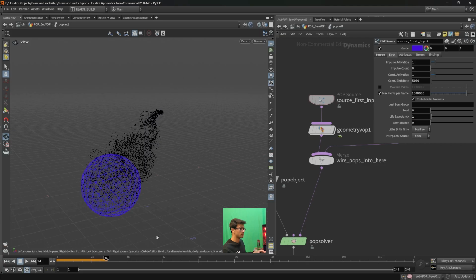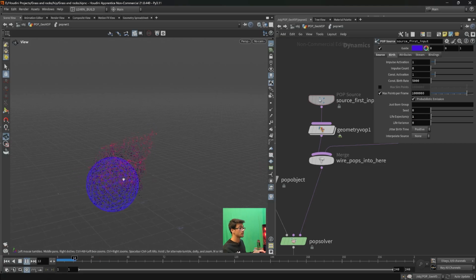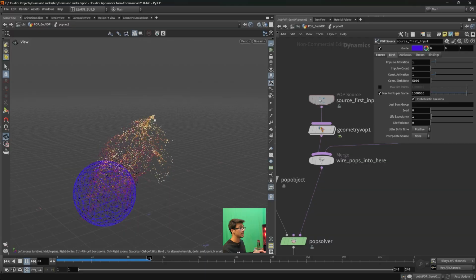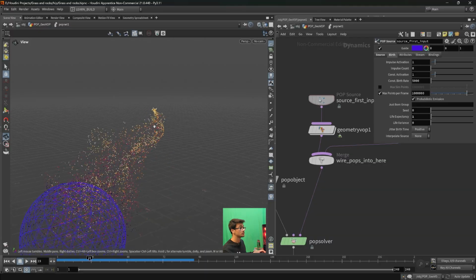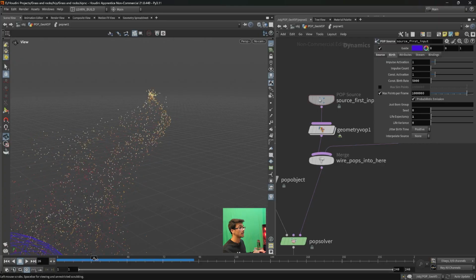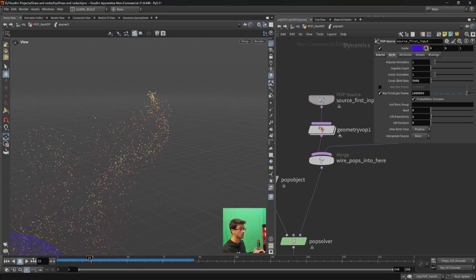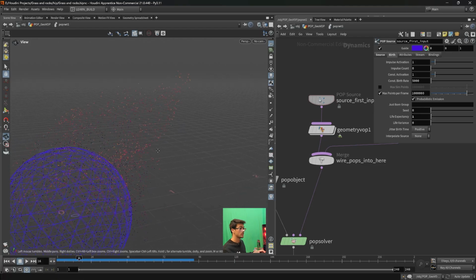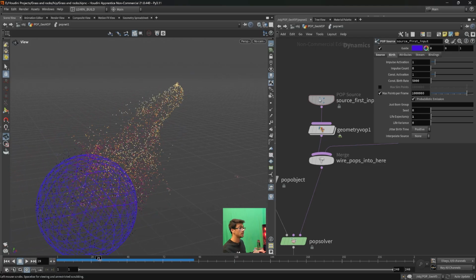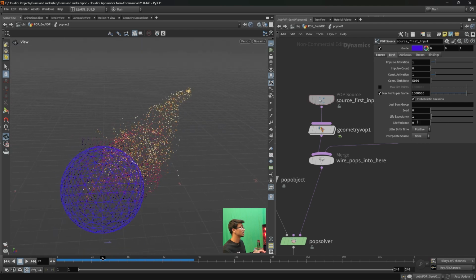If I'm saying life expectancy 1, you will see these colors also, and they will die after 24 frames. You will see these particles will die. 24 here, because 1 second is 24 frames here, and these will die. And why are we seeing this color? First, I have talked about life expectancy. This is the life of the particles, how long they will live. I want to talk about